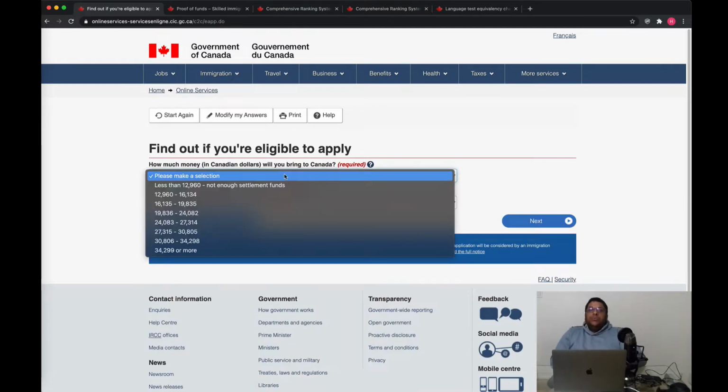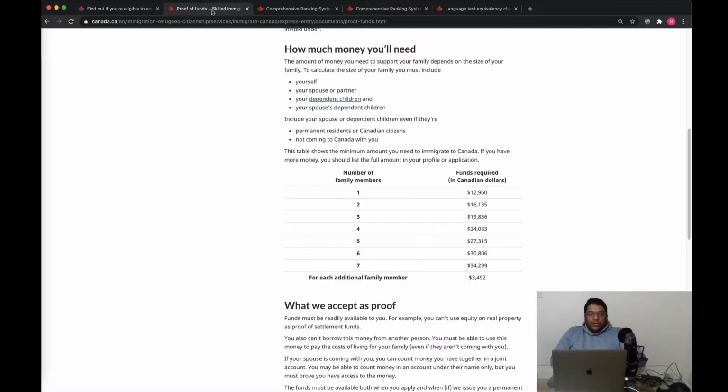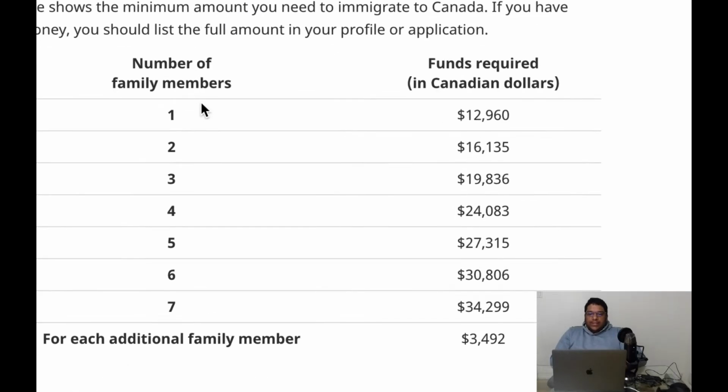How much money will you bring to Canada? The government mandates a certain amount that you need to bring to Canada that will help you in your initial settlement, such as rent, groceries, till you find a job. So what is the amount required? If I go over here, I can see the number of family members and the corresponding amount required. If you are the only one that is coming, then you require